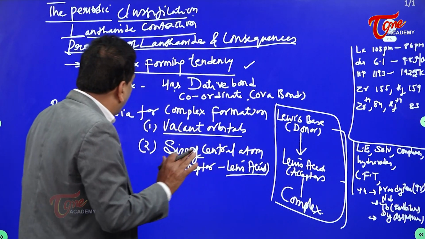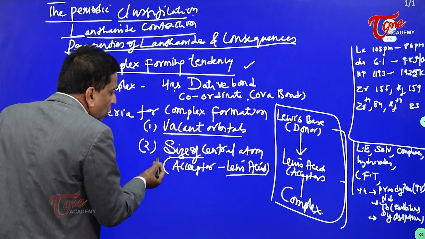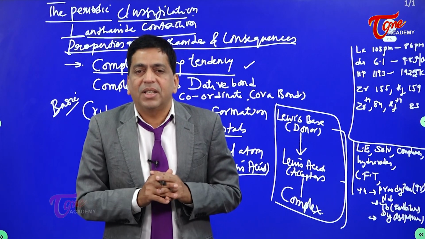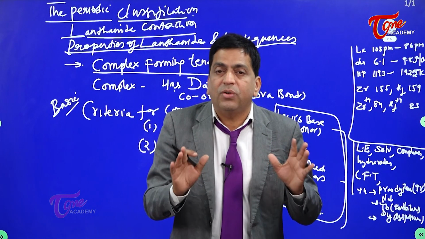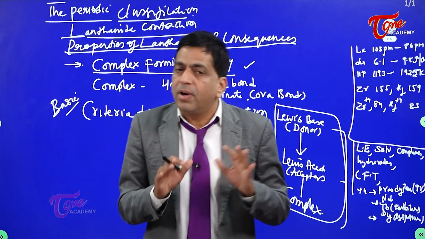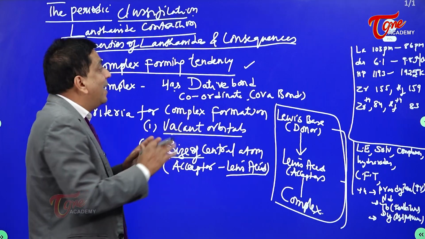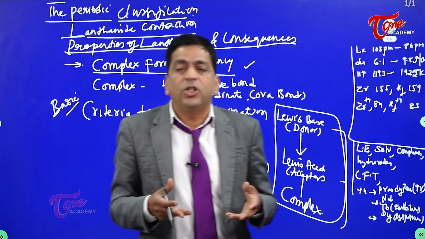So what are the criteria? Vacant orbitals, and the size of the central atom must be what? Small. Size of the central atom must be small. This is the criteria. Now coming to our discussion, this complex forming tendency in lanthanides, we wanted to link this